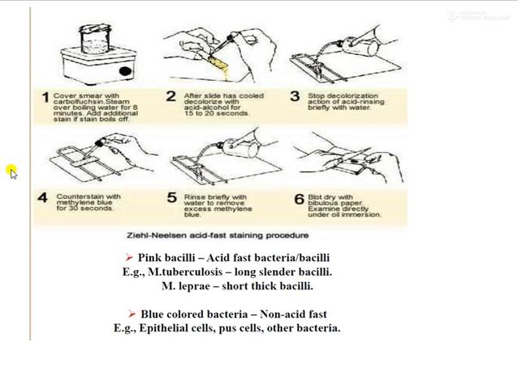Steam should be coming from the boiling water bath, and the glass slide is kept on it. See, if you have a beaker over here, the beaker contains water and it is connected to something which would heat it, and steam comes from the top, and the glass slide is kept over that. So you will flood it with your stain and keep it under the steam for about 8 minutes. And after the slide is cooled, you decolorize it with acid alcohol for 15 to 20 seconds. After the decolorization, you briefly rinse it with water, and you put the counterstain.